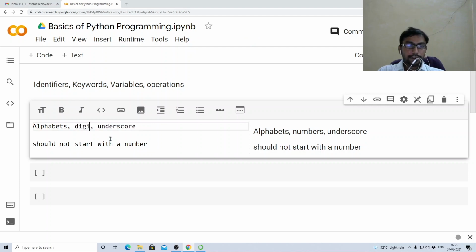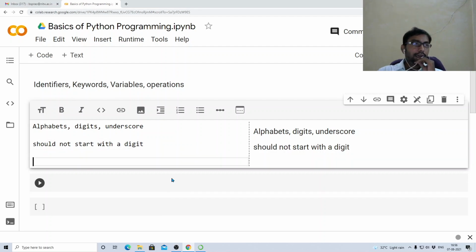It can have alphabets, digits, underscore, but never start an identifier name with a digit. We'll see this now. Okay, so this is about identifiers. Then what about keywords? Like all other programming languages, we have some keywords in Python. What are these keywords? Let us say you want to write an if loop.